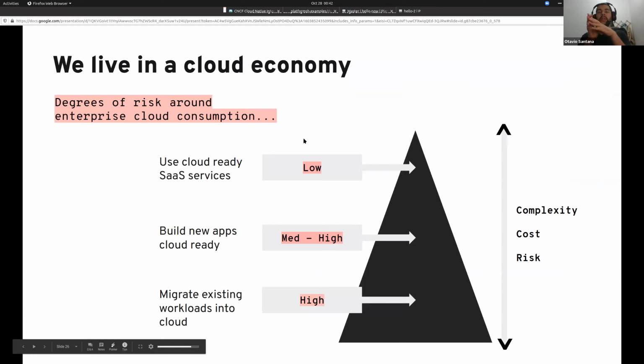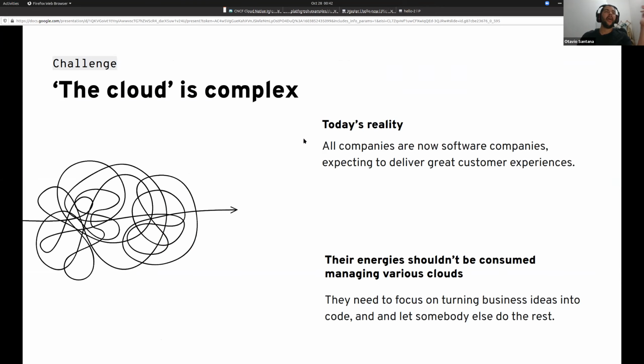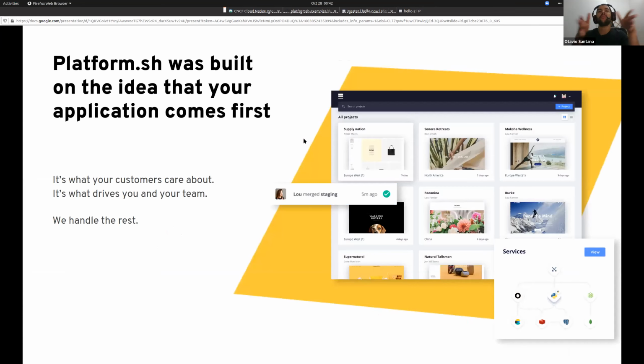So the whole point of the whole solution and our platform state is we want to decrease the complexity to decrease the risk, right? Because today cloud has a huge complexity, and our goal is to decrease that, to make it easy to you take your application, move to the cloud on a technical perspective.